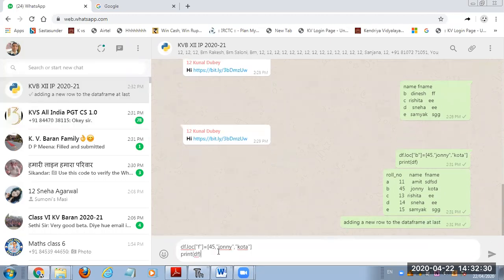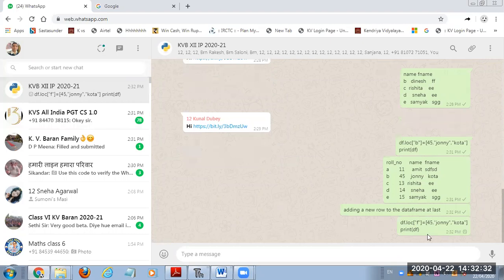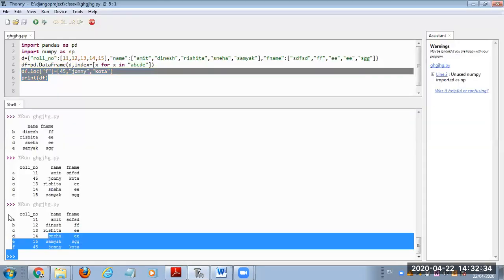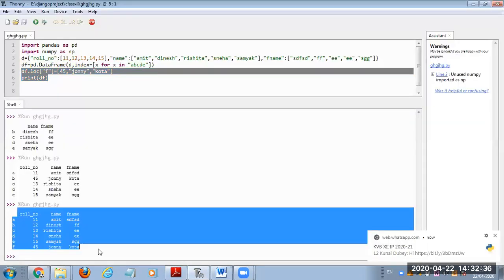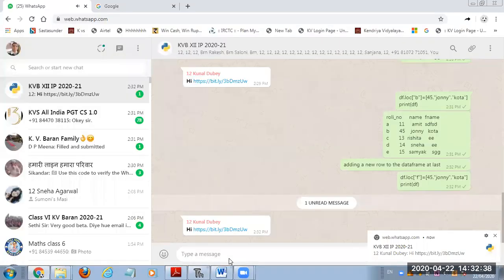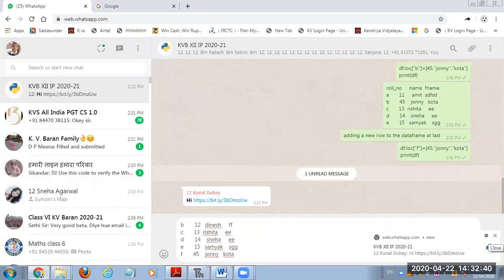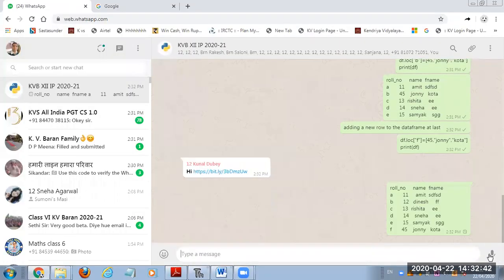We can do it like this, and it will add a new row at the last. So this loc function can be used in various ways. We can change the existing rows, change the existing column, add a new row, add a new column, and change the internal values.